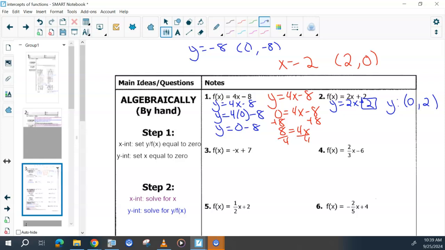Then I could solve for x. So if I put 0 in for y and we solve for x, similar to this one, subtract the 2, and divide both sides by 2. What is that x-intercept? How would I write it? Not 2, but negative 1. And I would write that as